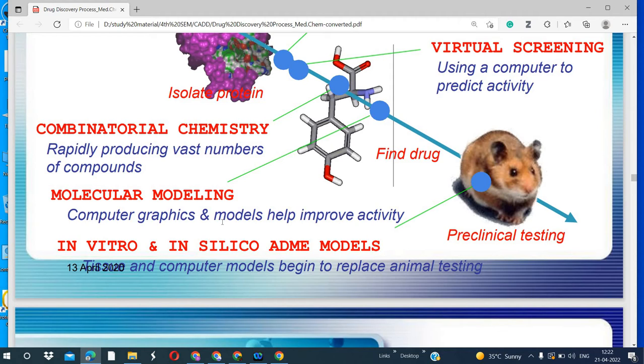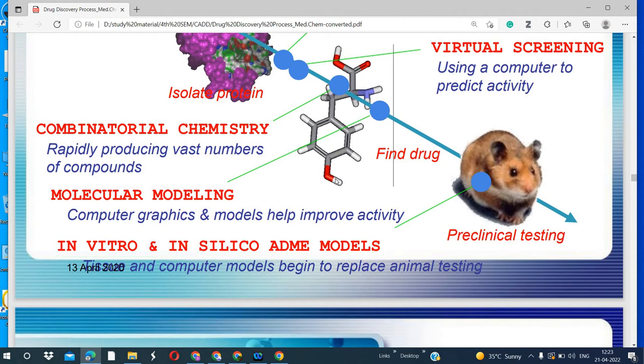So what we do in molecular modeling, we analyze the structure, like these are shown in different colors. Red means oxygen, blue means nitrogen. So all this we can visualize using the visualization tool. Any structure file can be visualized using a visualization tool, that is PyMol. PyMol is one of them. So PyMol can be used for structure visualization. We can identify the structure.